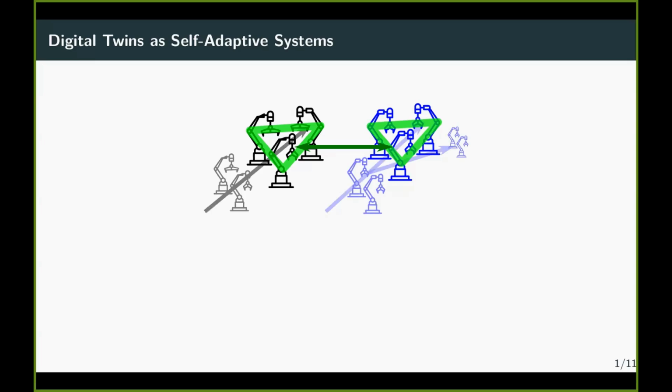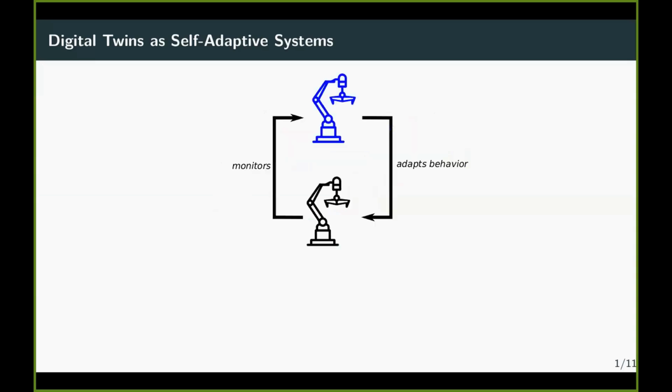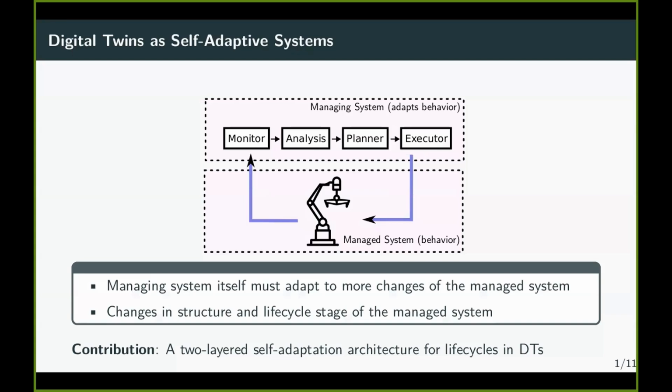And they change all the time, right? Machines break, they go into maintenance, I replace them, requirements change, everything is changing. So I cannot rely on the fact that my system is a correct digital twin at every point when these changes happen. So if we now go back from all this model view, at its core, every single model is a self-adaptive system. And what it's doing is performing the MAPE-K loop, which is the framework which is common